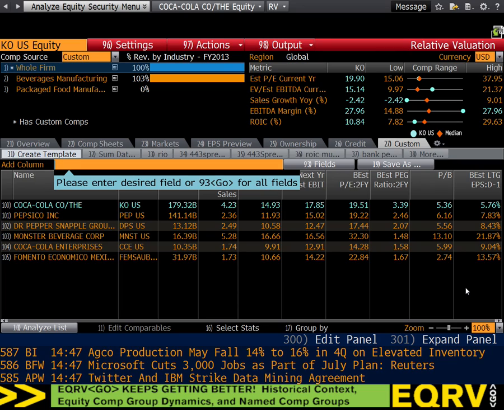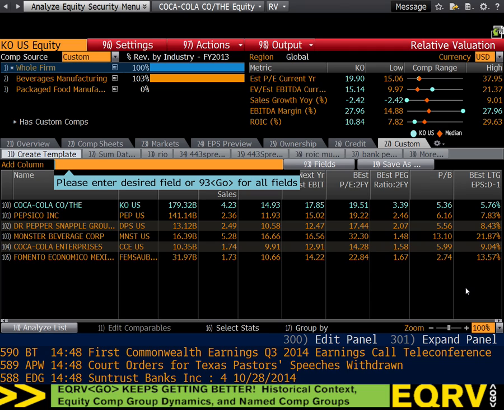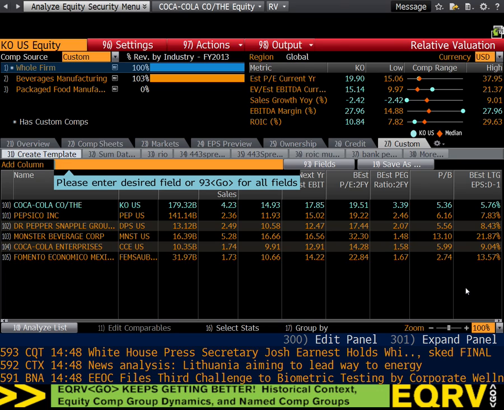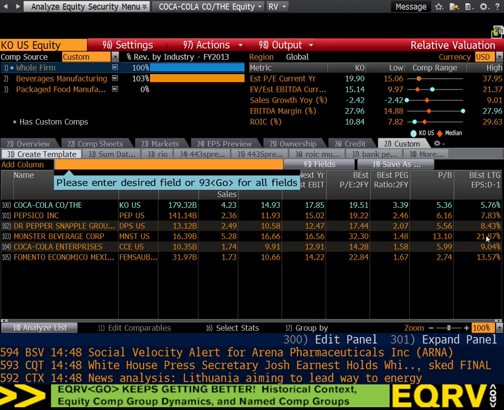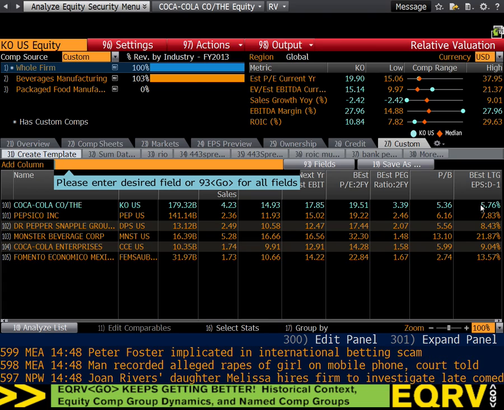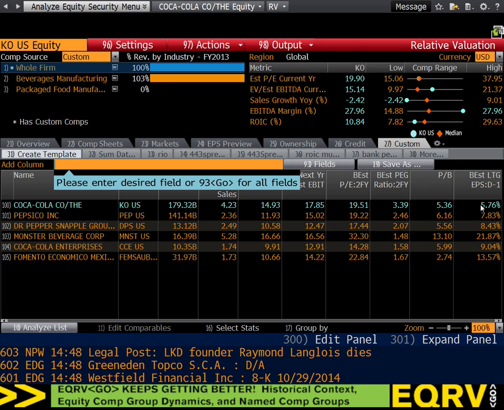All right? So the LTG is not the same as the G, but we're at least going to look at the magnitude of that G versus the other company's Gs to get a sense of who the market thinks is going to grow faster or slower. So for example, Monster's long-term growth rate in earnings is 22%. Coke's long-term growth rate of earnings is 5.76%. Monster's growing at a rate of 4 times as fast as Coke in its earnings. So that's the point. My G for Monster is not going to be 21%,